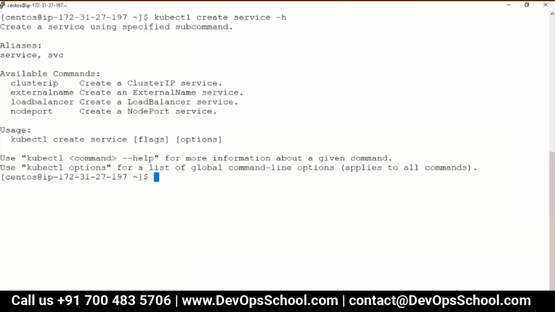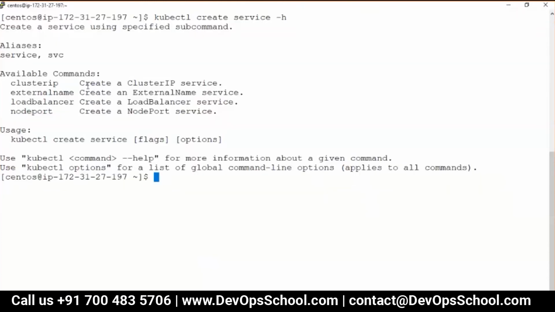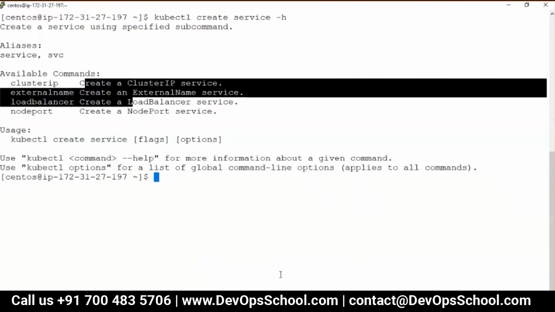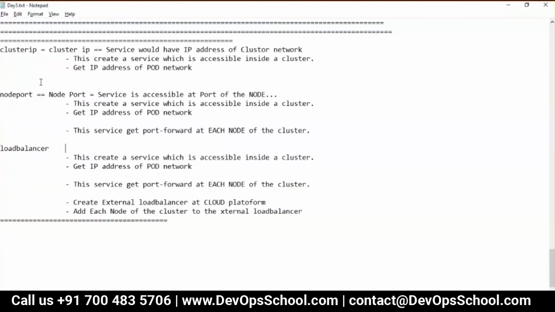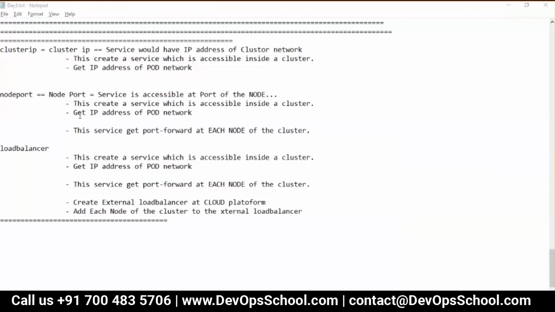Okay, so before I show you the demo, I want you to get comfortable with it. I would request you to run these commands and go through this. So kubectl create service -h, and all this.